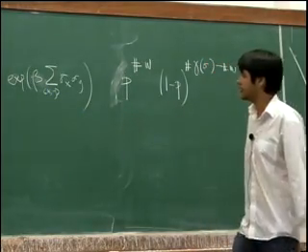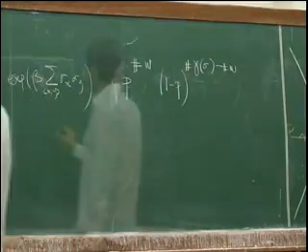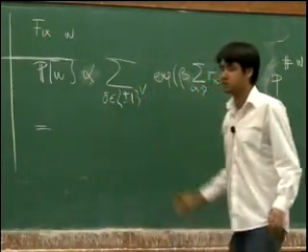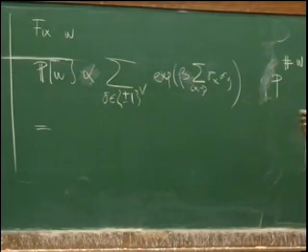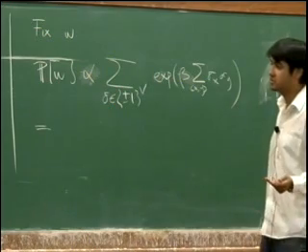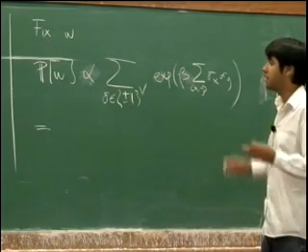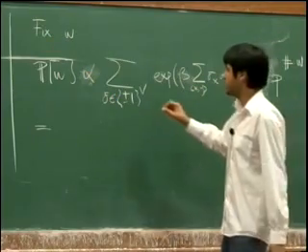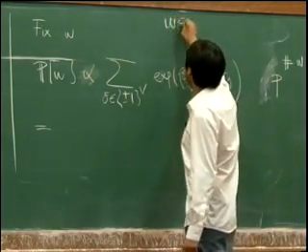Okay? So now I should do the same. I should look at all the spin configurations that give me some positive probability. What are those? Those are the following. You should have this